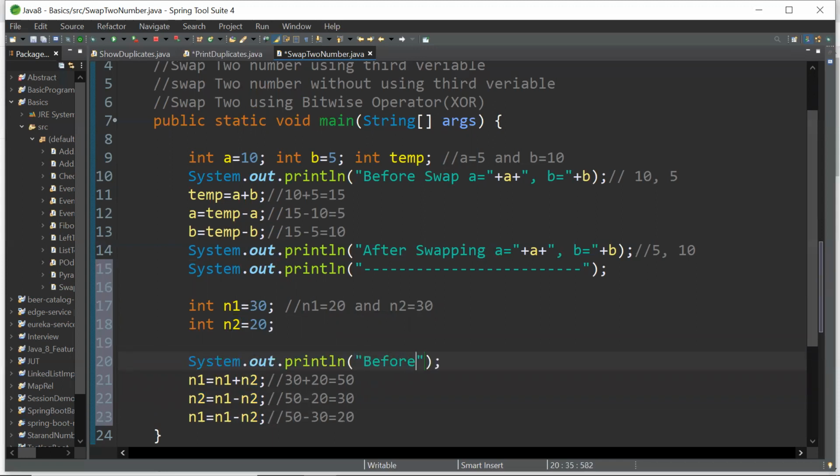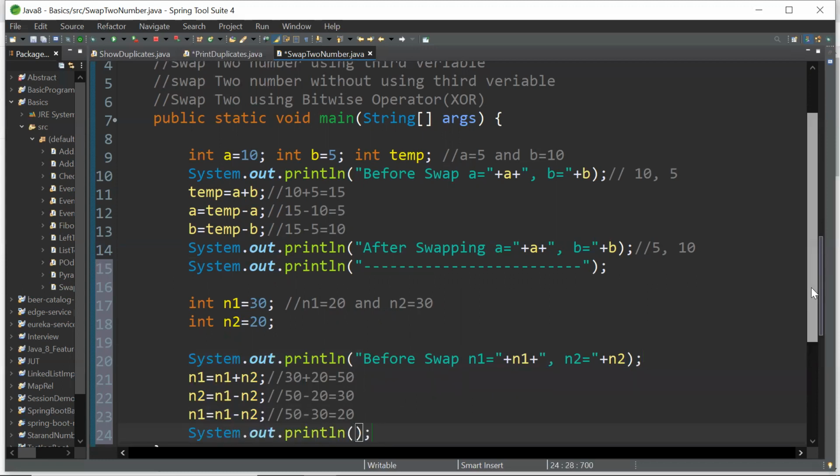Before swap: n1 equal to n1, n2 equal to n2. So after swapping, let's see how it will work.